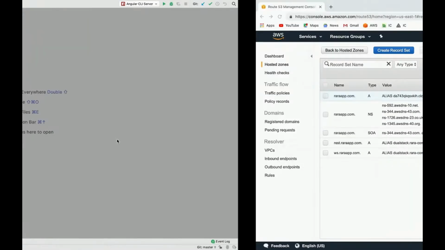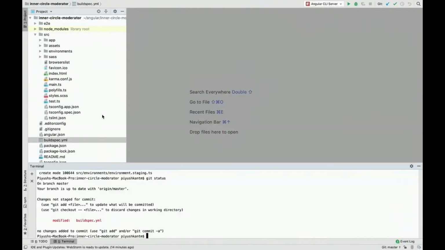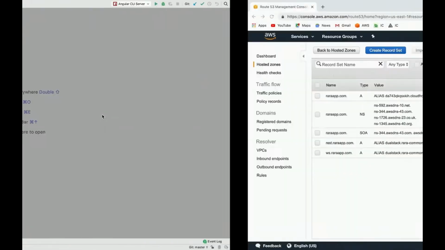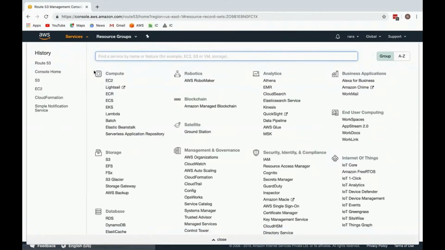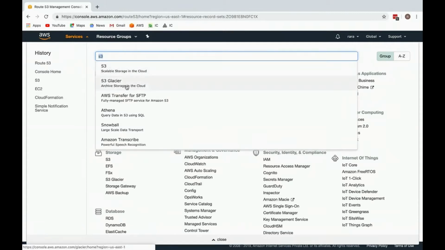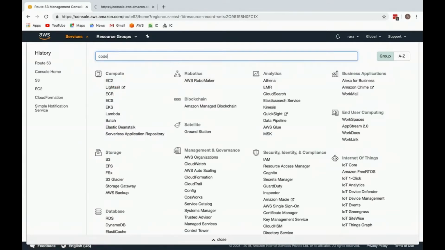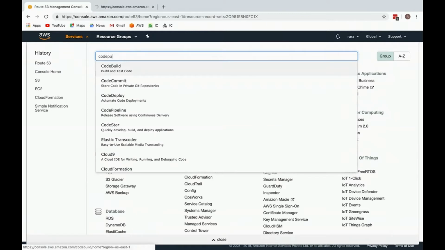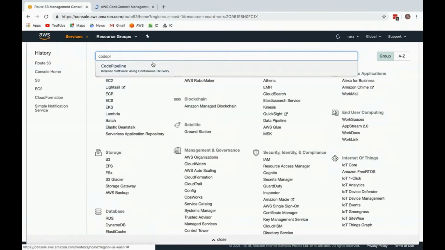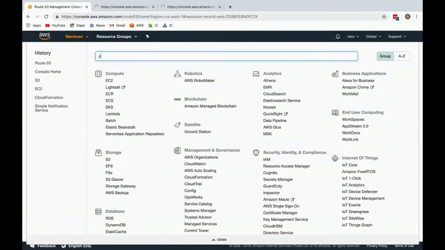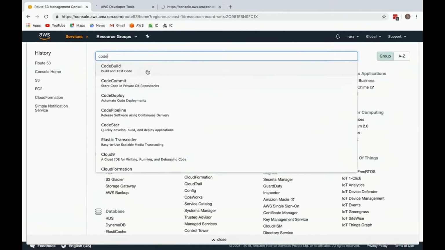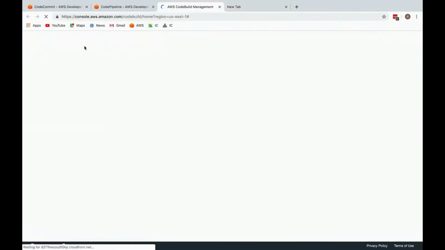Hello guys, so in this video we will be deploying one Angular project to AWS. So in this process of deployment we will need several things. The first part is CodeCommit, CodePipeline and CodeBuild, and then we will need one